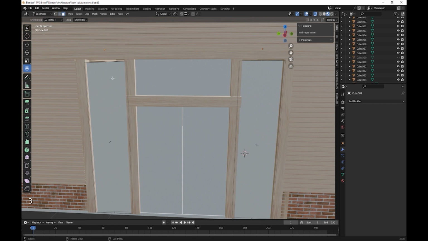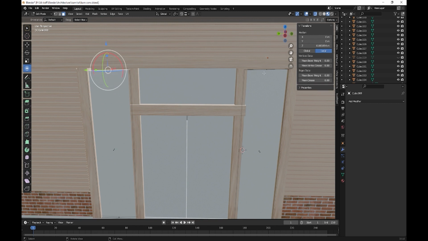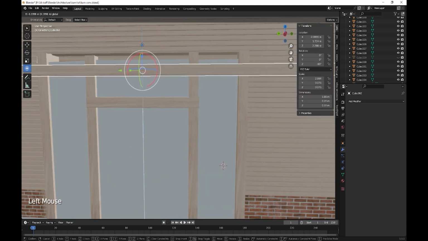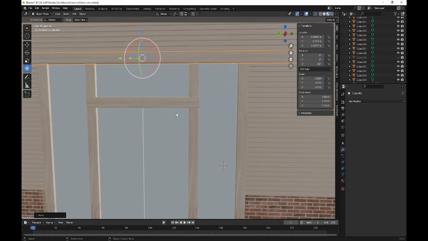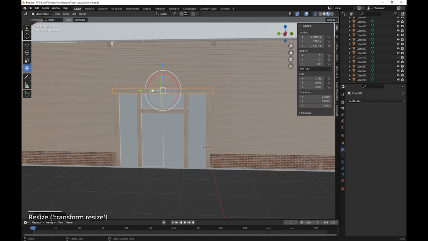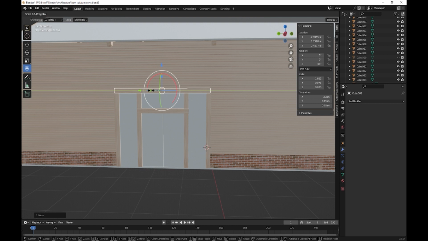And then we can do number 3. Get that edge, get that face, and just crank it up to the top. And then this, we just need to make it smaller, so it just fits the whole width of there, like so. Okay, and there's our doors, and then on the other side